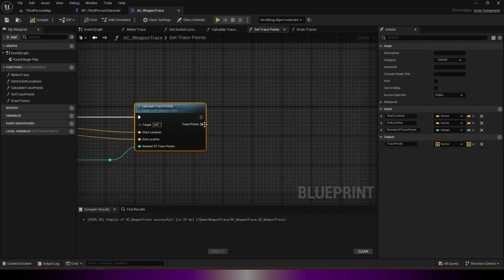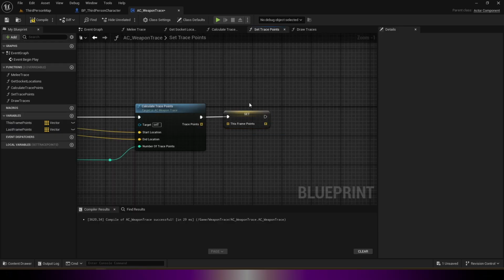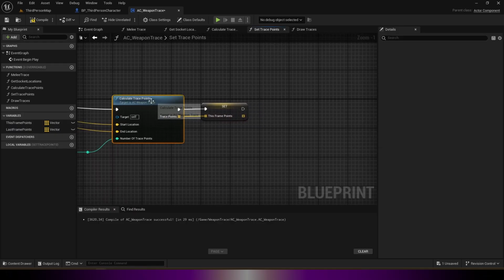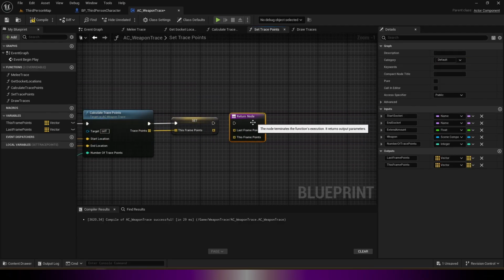Now the thing is, this does not differentiate between current or last points. We need to do that with 2 new variables. So let's call this current trace points, or maybe a better name would be this frame points and last frame points, both vector arrays, and then we set this because we just calculated this. So we set this to the trace points of this frame, and let's grab the return node, whoops, and output